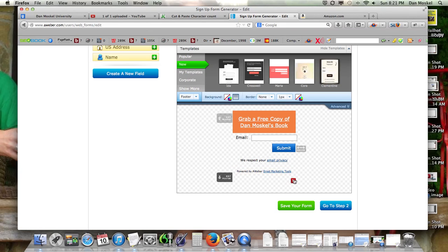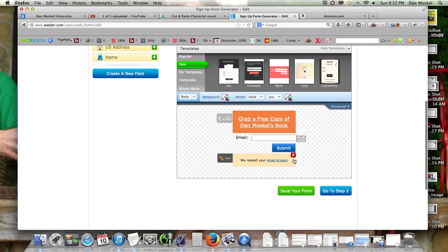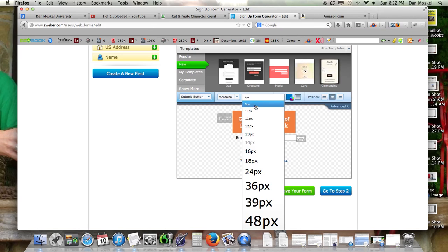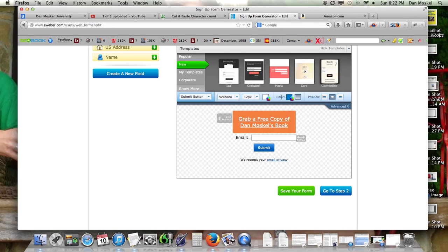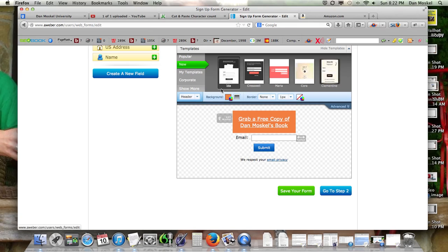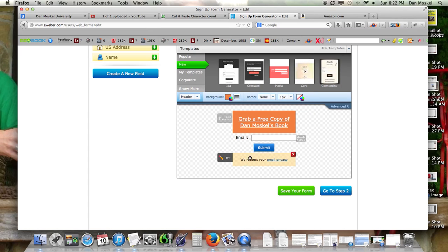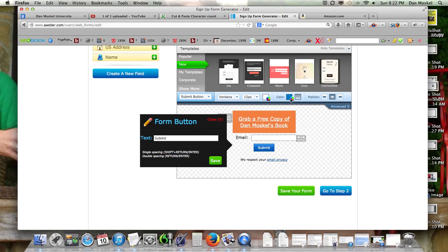Footer, we're going to go ahead and just X out. We'll leave "we respect your email privacy," but we're going to X that out. We're going to change the submit button here. We want it to be in the middle, and we also want to change the color. And we're going to take it down to 12 point. We're going to change the color to what the header color is. So an easy way is just to copy that color number right there, and then we'll edit this,